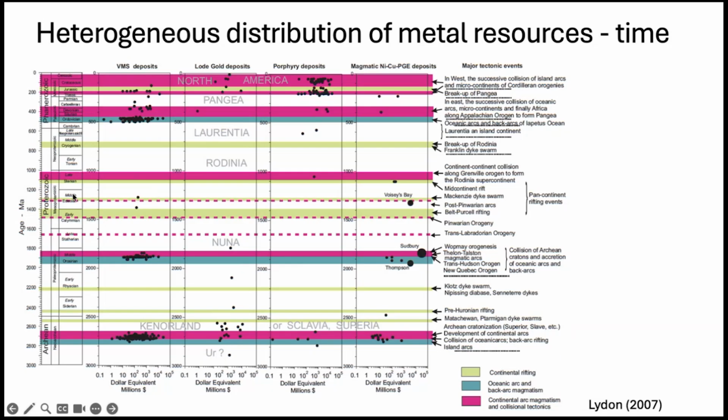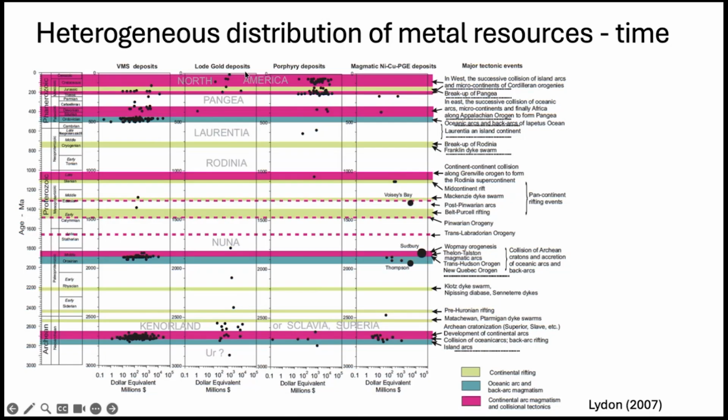If we go back in time, so the scale goes back to 3 billion years to the Archean, we can see that around 2.7 billion years ago, there's a large number of VMS deposits, and then there's a big gap. And then there's a large number of VMS deposits around 1.9 billion years ago. And then there's another big gap, the so-called boring billion, until we get to the more modern, to the Paleozoic, again, as we get a lot more VMS deposits associated with the last 500-600 million years or so.